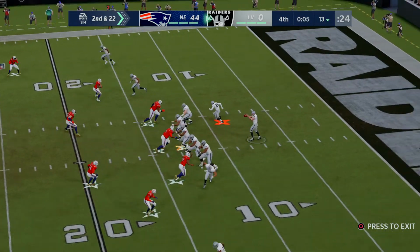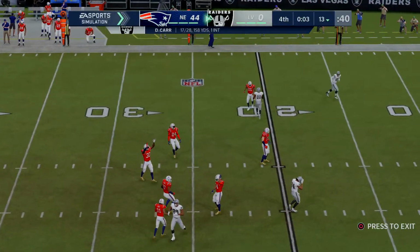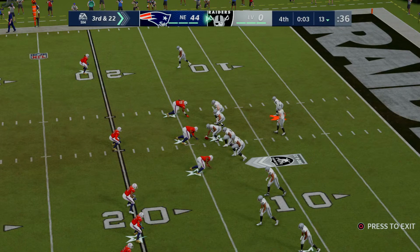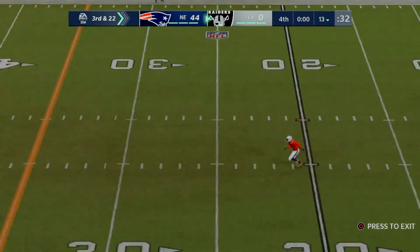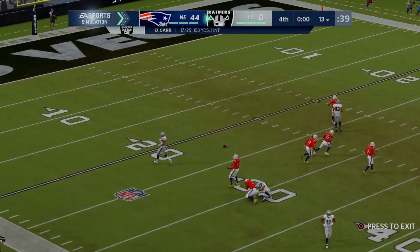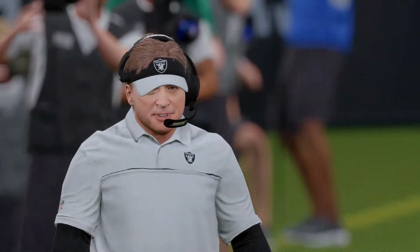It's now 2nd down and 22 yards to go. And this is incomplete with a clock showing just 3 seconds left. He was trying to get it that time to Bryan Edwards. And it's 3rd down. 3rd down and long. One final try now for Carr. He's going to let it fly. And it will be incomplete as time has run out on this football game. So this will wind